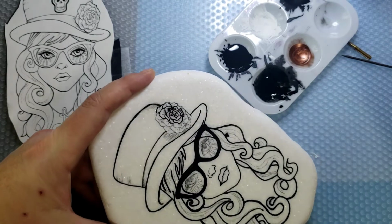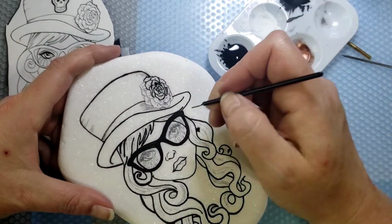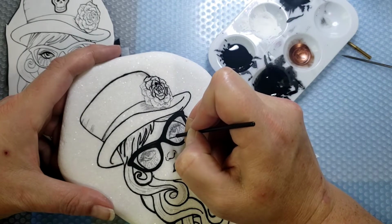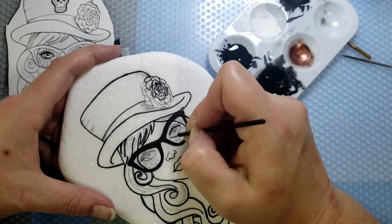So y'all get the idea. All right, I'm gonna do the rose, and then I'll do an eye here so you can see. She's gonna have thicker eyeliner, so